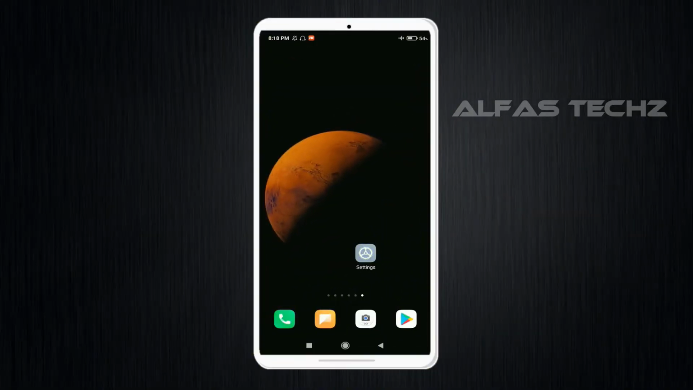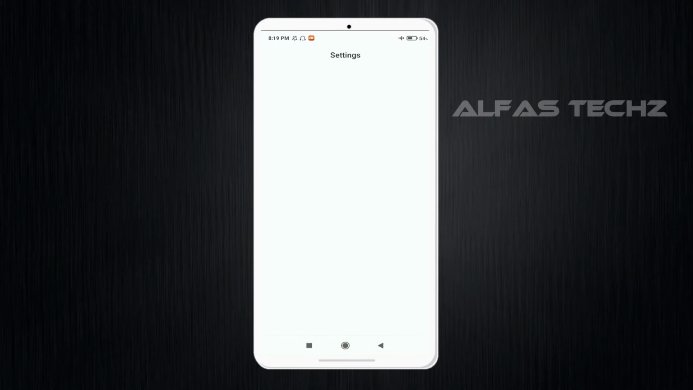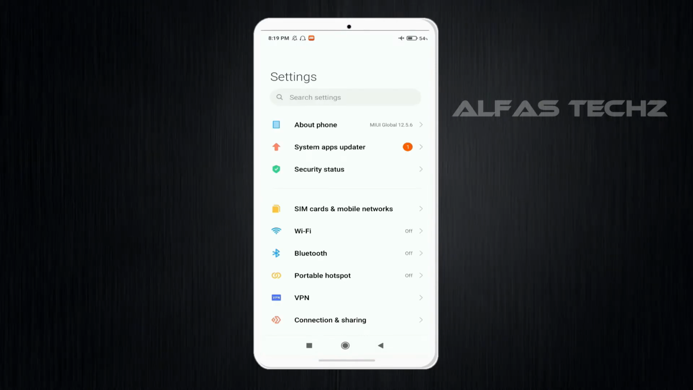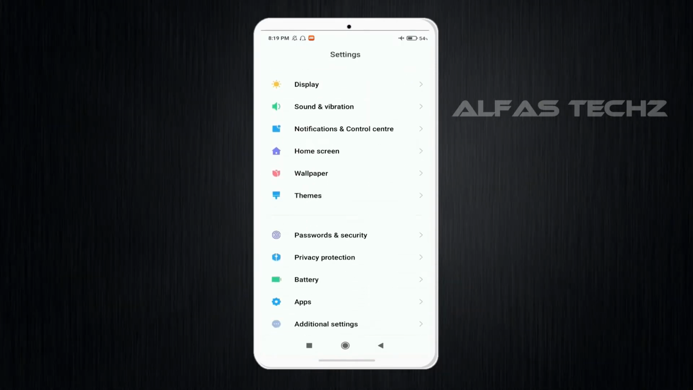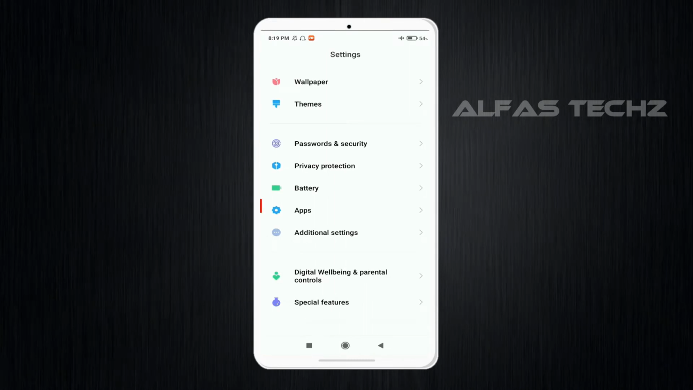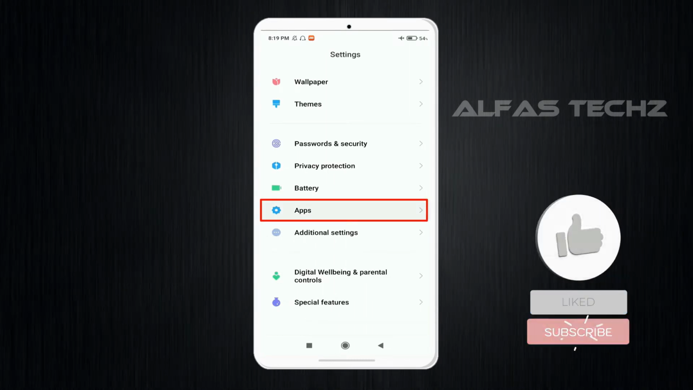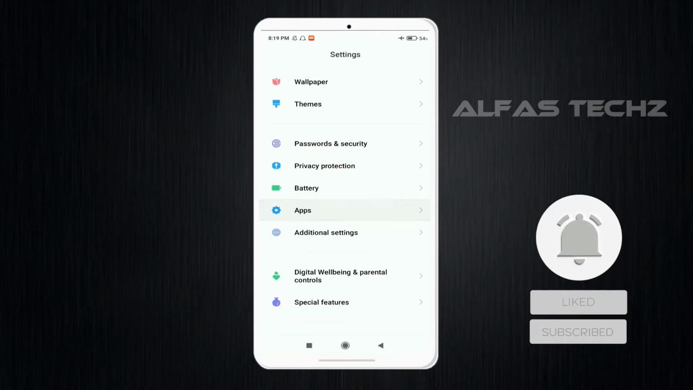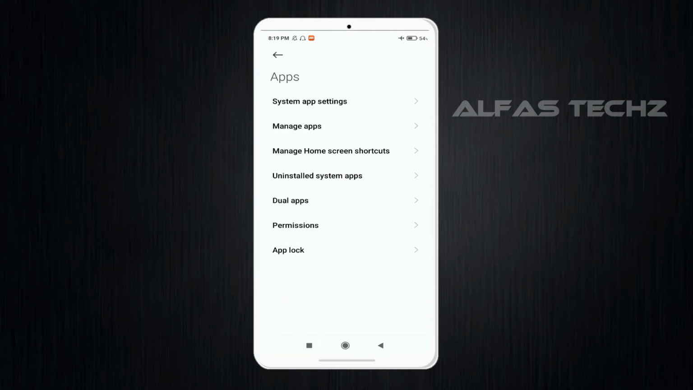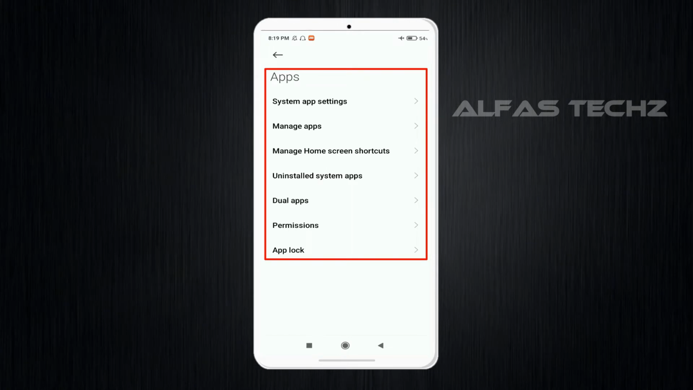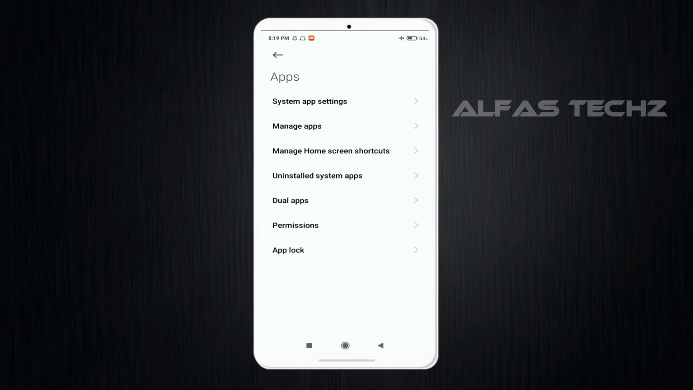At first you want to open the settings on your device. After that, in the settings we need to scroll down, and after scrolling down you can see an option called apps or app manager. Just select this apps or app manager. After that you can see more settings like system app settings, manage apps and so on. Below this you can see an option, dual apps, and you just tap